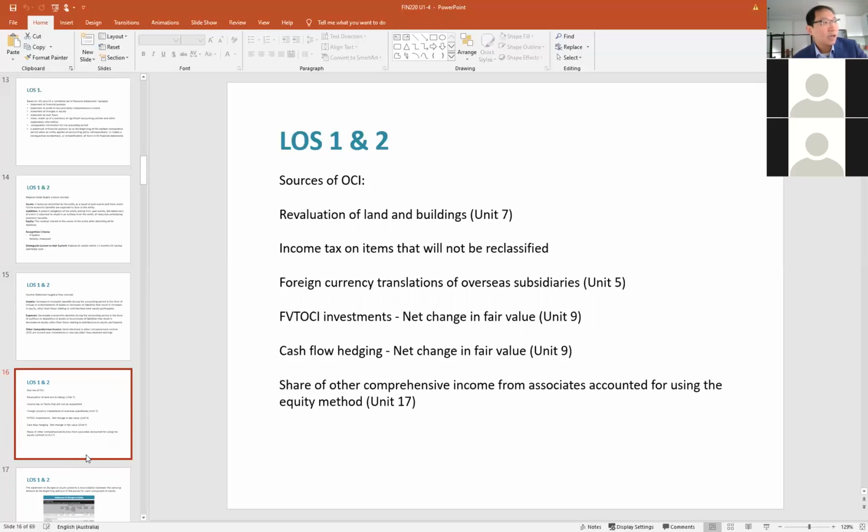There will also be changes in the fair value of investments that will also go through comprehensive income, along with changes in any fair value hedges as well. And so finally, in this unit, you'll also see and be able to account for changes in